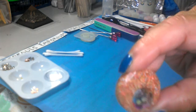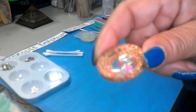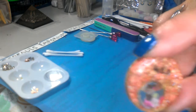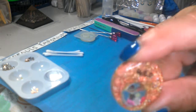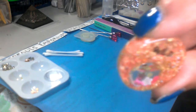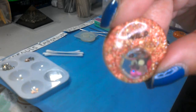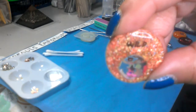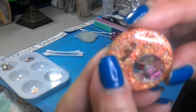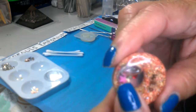and I made this with flakes. What I mean by that is this silver, bronze, and gold mixed flakes, and I think this is a beautiful effect on anything. It's just really cool. But like I said, I made the mistake of